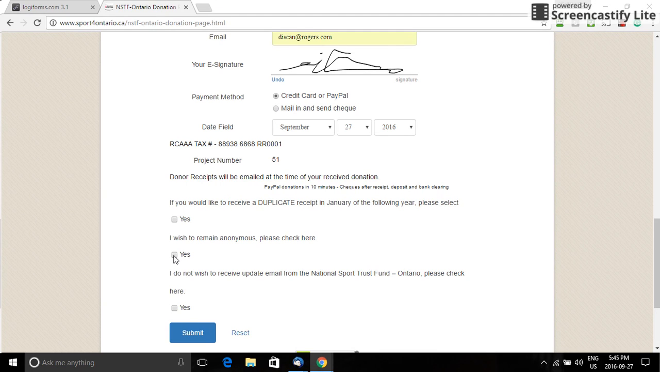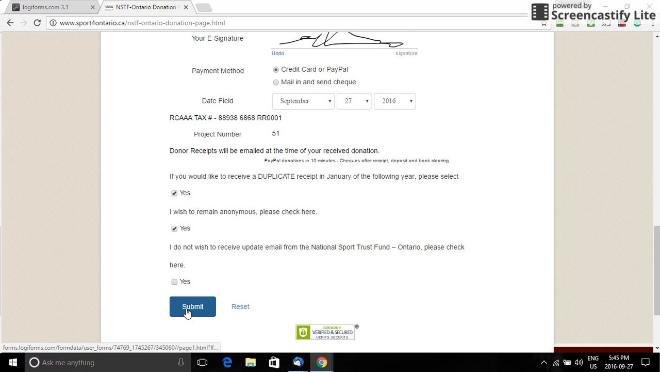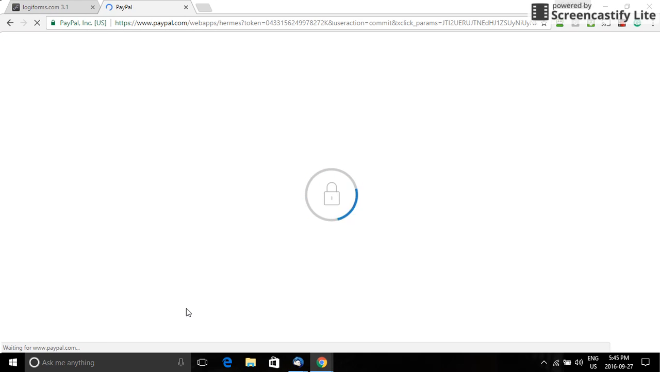They may want to publish them on their website, and somebody may not want to have their name published. So I'm just going to check this off and say I also want to receive a duplicate. We can always look in the database after. Now I'm going to say submit, and this should be redirected and take us directly to the PayPal website